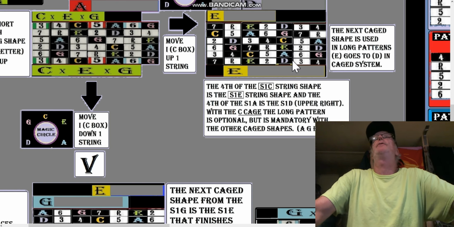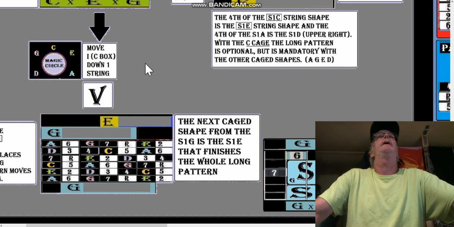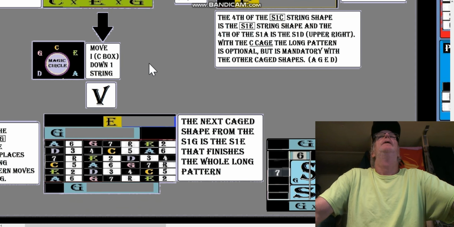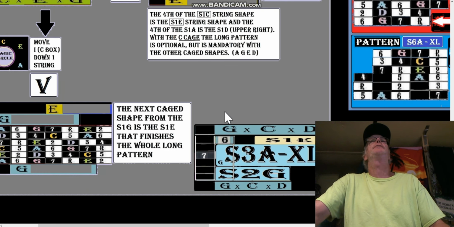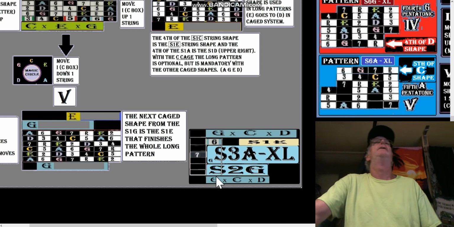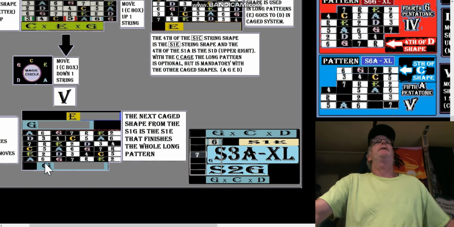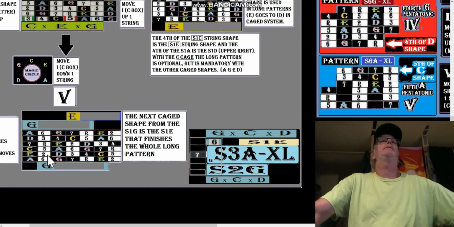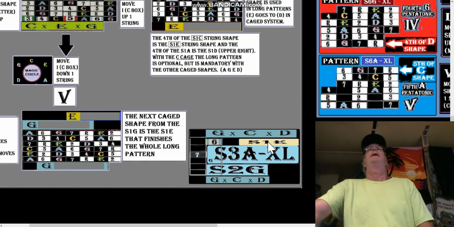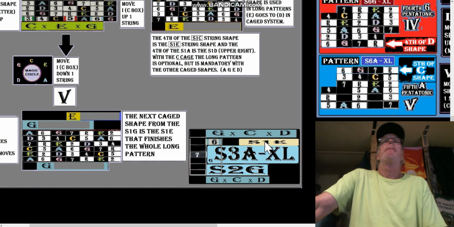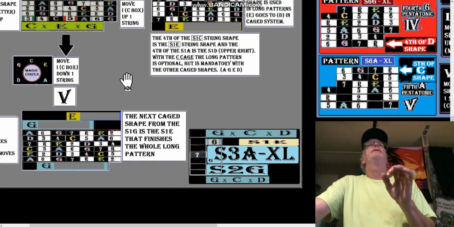The fourth is the fourth. The fifth becomes the fifth. Now if we're playing a long pattern, sure, this becomes a G pattern, very similar to one if we do it pentatonically. So it becomes just an S2G with G and a D shape, and then into an S3XL, 5, 6, 7, root 2, 3, 4, 5, 6, and all that stuff. And an S1E on top. But the trick is just learn